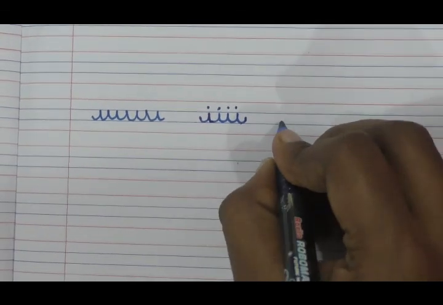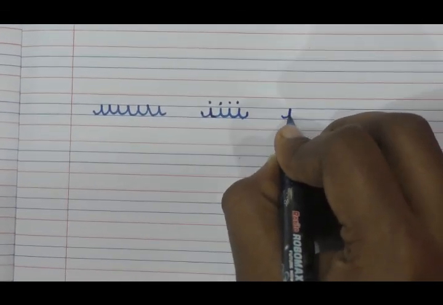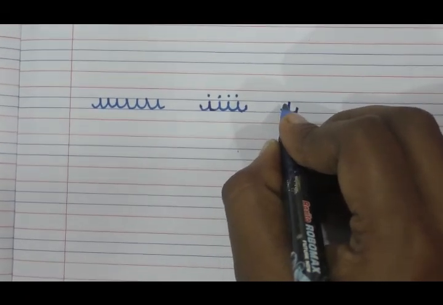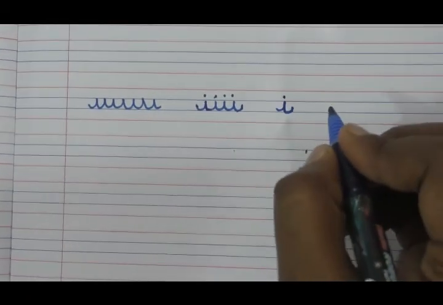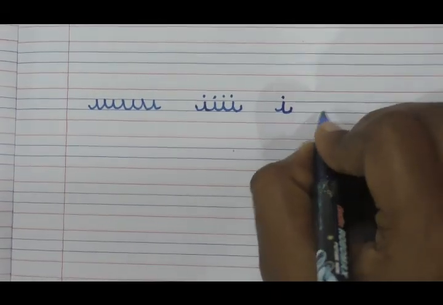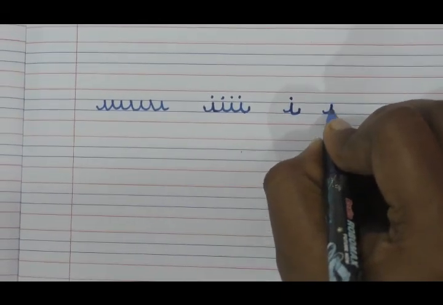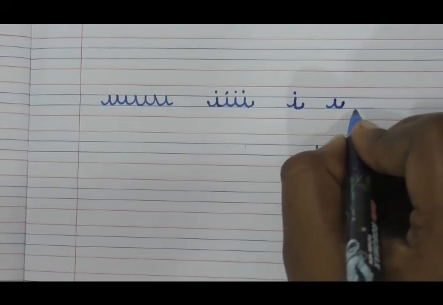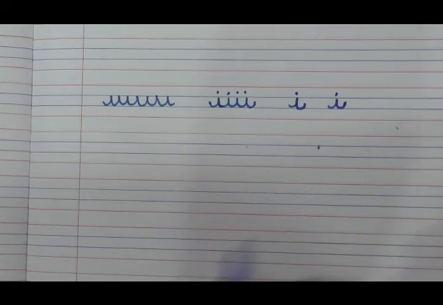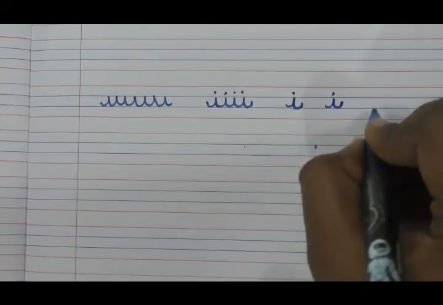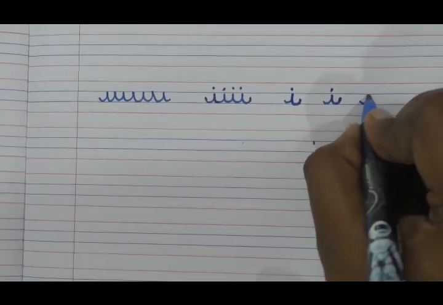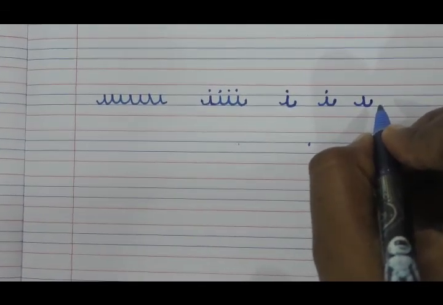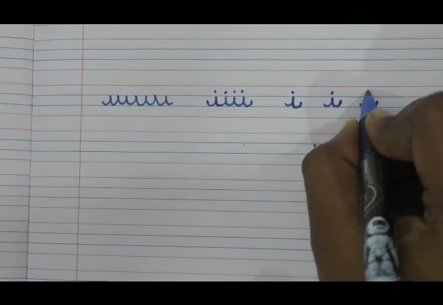Make your shortwave stroke and stop halfway between the cloud line and the grass line and dot the top and do that again. Shortwave stroke, bring it down halfway up between the cloud line and the grass line and dot. Very good. We'll do one more time. Shortwave stroke and stop between the cloud line and the grass line and dot.